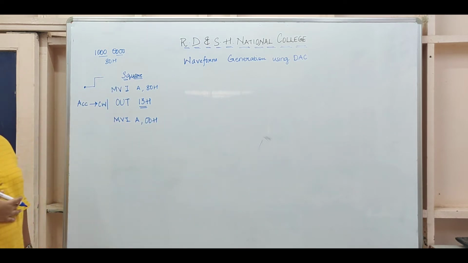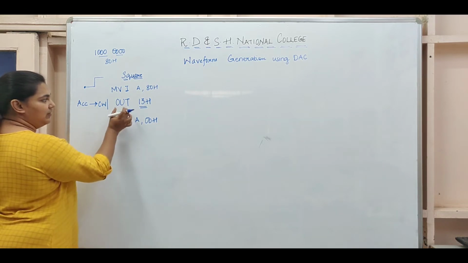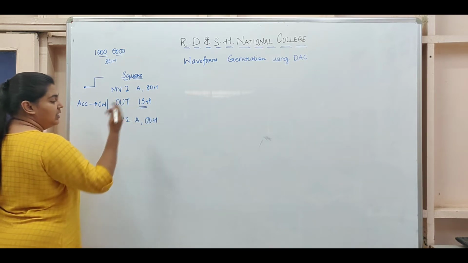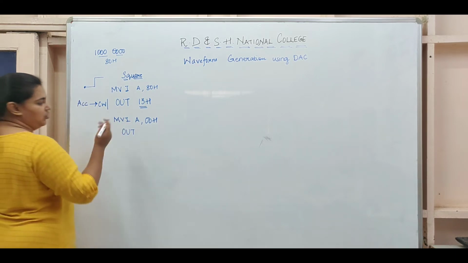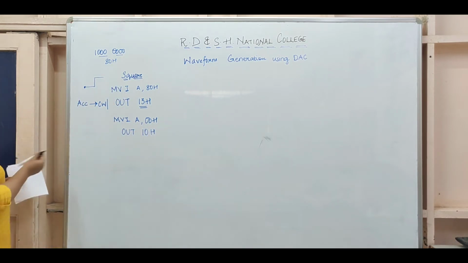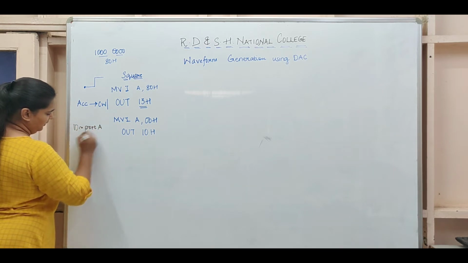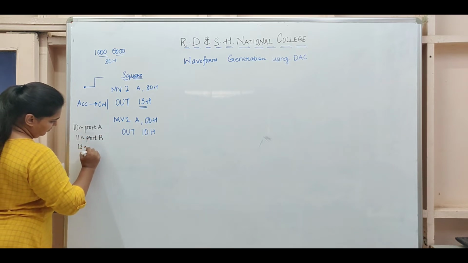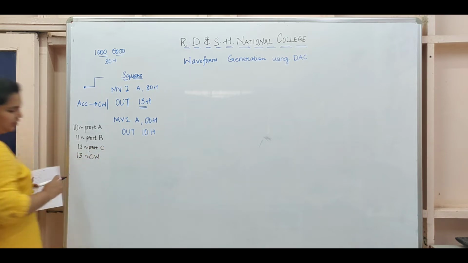Now suppose I want to use port A. So I have to give this data to port A. Like you have OUT to send whatever is in the accumulator to the control word, 13. Similarly for port A you will use OUT. So whatever is in the accumulator goes out to port A if I write a 10 here. Basically, 10 is the address for port A, 11 is port B, 12 is port C, 13 is the control word or control register.